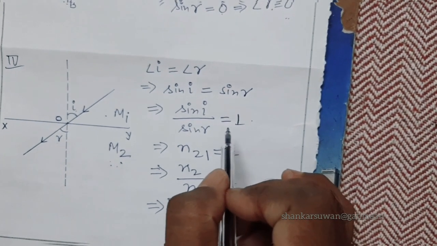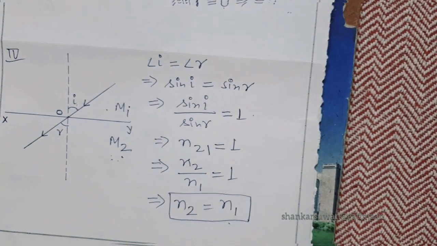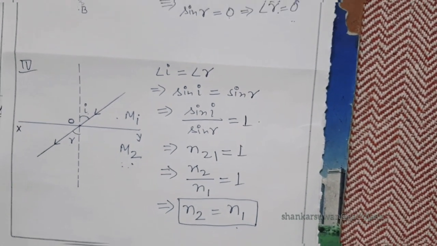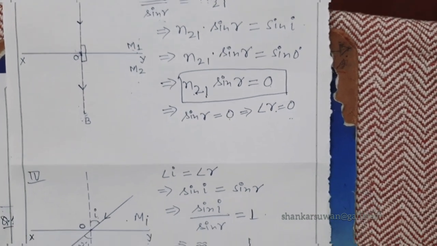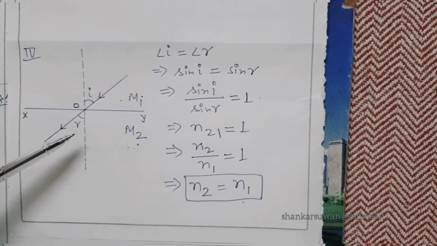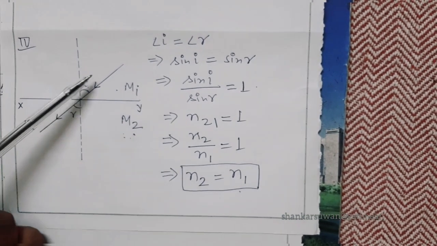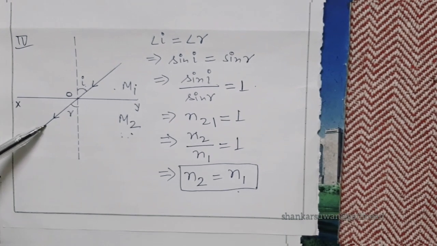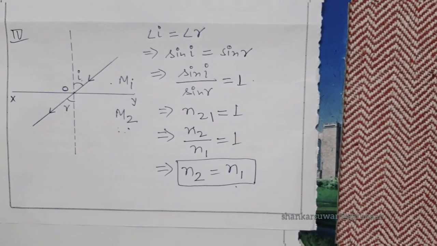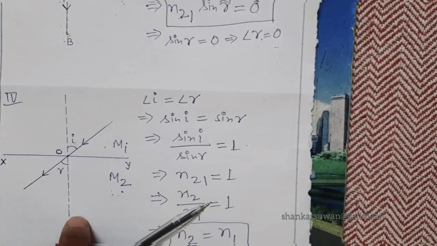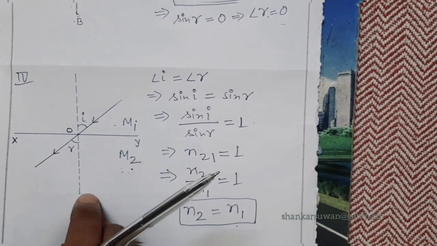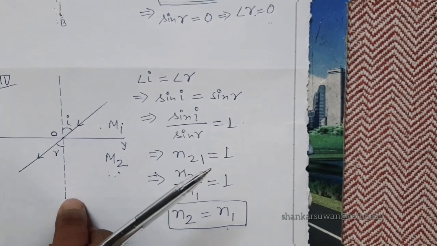Okay. So there are two cases. When the incident ray is along the normal, then the incident ray will never bend from its path, and when the refractive indices of both the media are the same, then there will be no bending of light. So suppose you are asked to write down the necessary condition for bending, or for no bending, of the incident ray of light on passing from one medium to another.